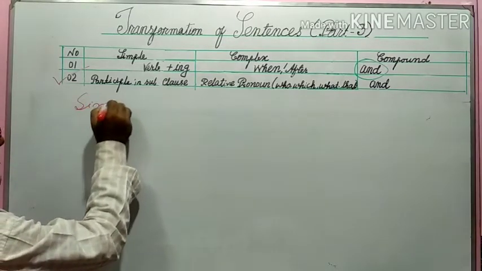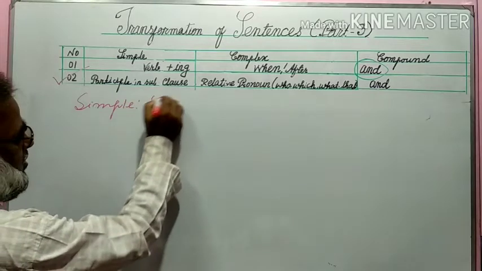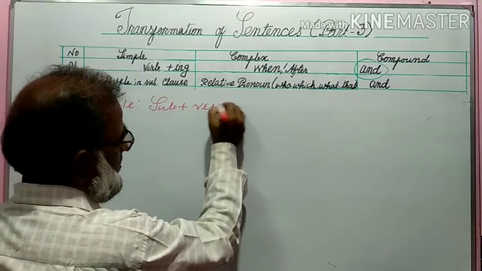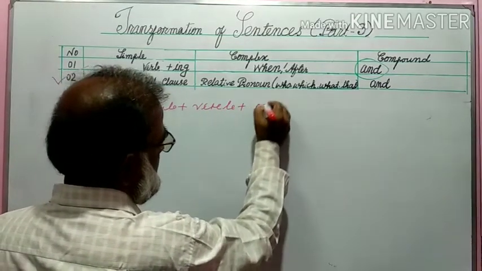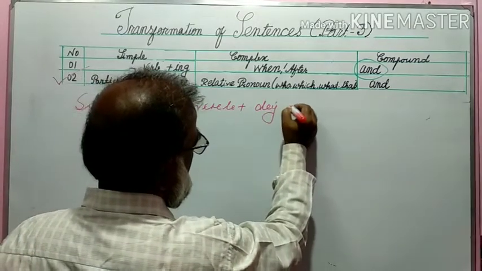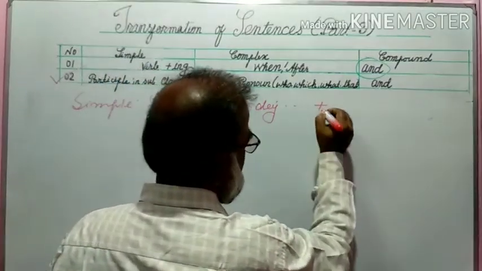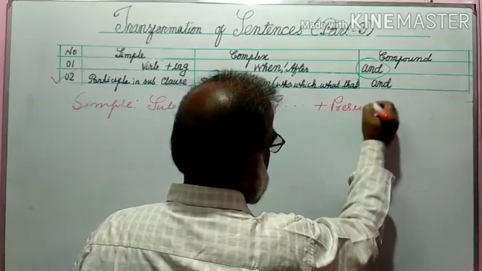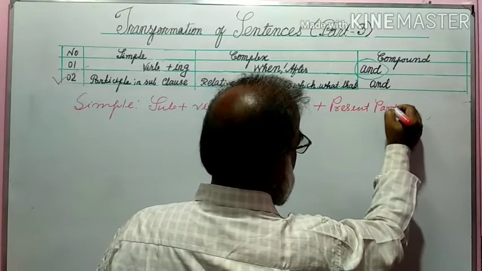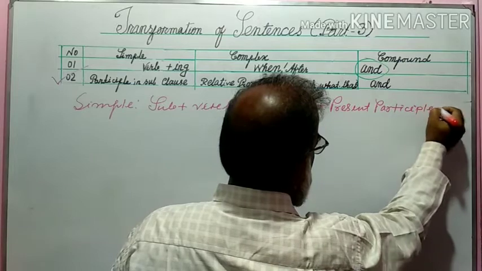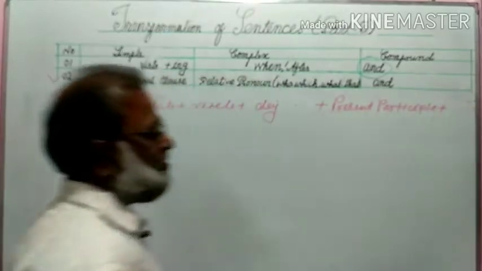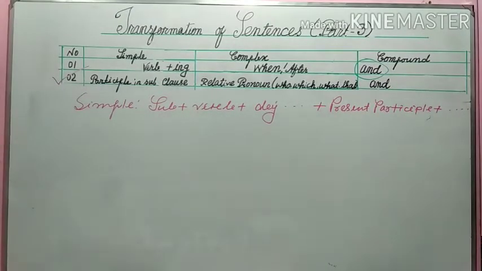Simple: subject, verb, plus object, plus present participle, that is, present participle, and then extension. You see the sentence,